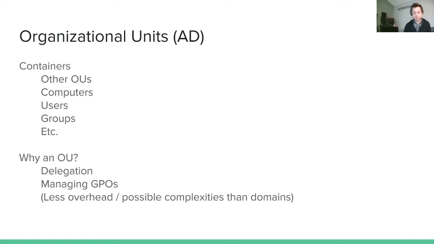And basically what that means is this: how do we organize our infrastructure? So this is not about Docker today. This is not Kubernetes. This is pure Active Directory today. And you can have containers in LDAP too. You can have basically folders or organizational units or something like that. But here we're focusing on the Microsoft side of things. So what do we care about in terms of containers for Active Directory? A container can be organizational units. They can have computers, users, groups can be containers. Basically, anything that can be used to organize another object is a type of container.